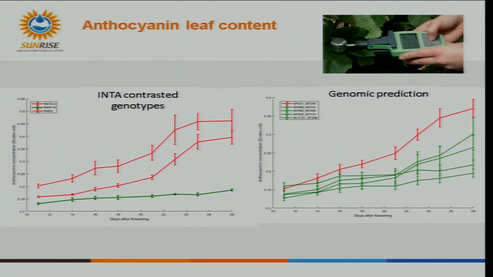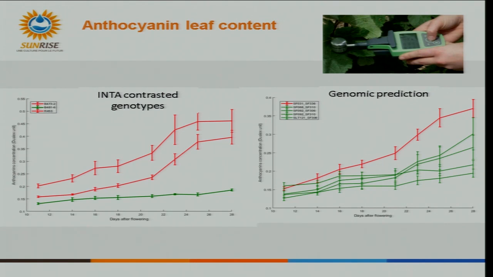Still, using this phenotyping platform, we did manual measurements. For this, we used a DualX, which is similar to SPAD, to measure anthocyanin and chlorophyll contents. And here are two sets of genotypes. Some genotypes from the hybrids predicted with the genomic prediction, the red being the fast senescence and the green the slow senescence. And also we collaborated with Inta Castellar and Manfredi with these inbred lines that are contrasted